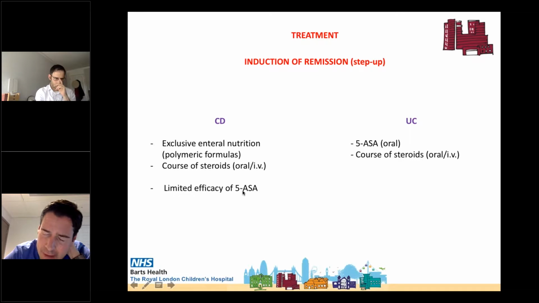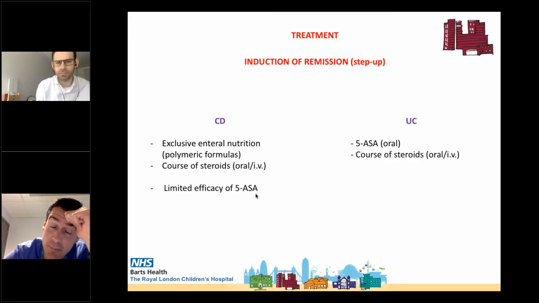There's limited efficacy of 5-ASA reported in the literature for patients with Crohn's disease. However, sometimes when you've got Crohn's colitis, you may consider adding 5-ASA if the patient finds this beneficial. They bleed a bit less, they've got less tummy pain, but definitely not as a treatment on its own for Crohn's